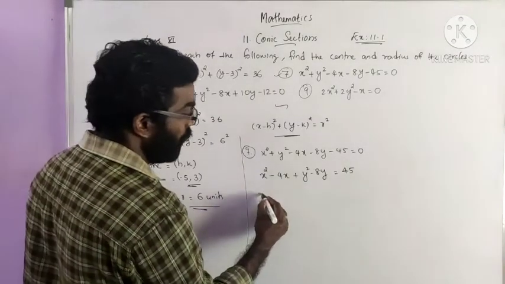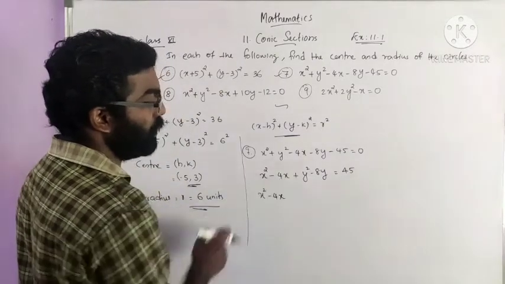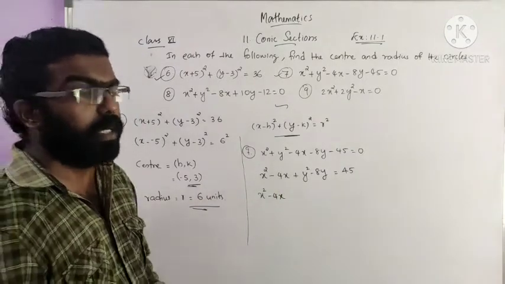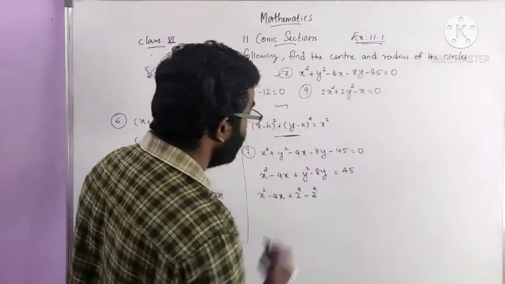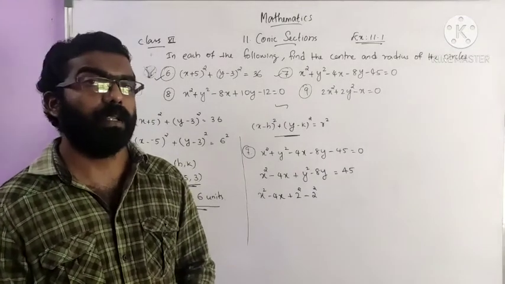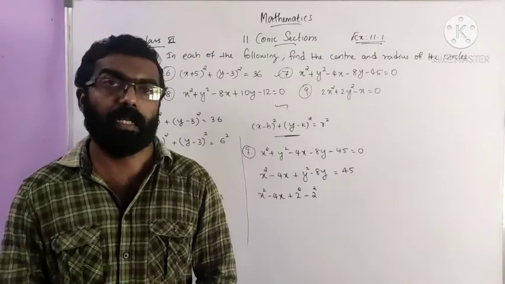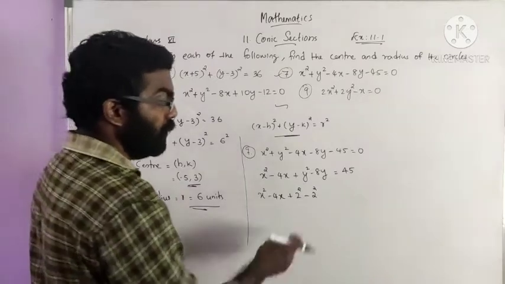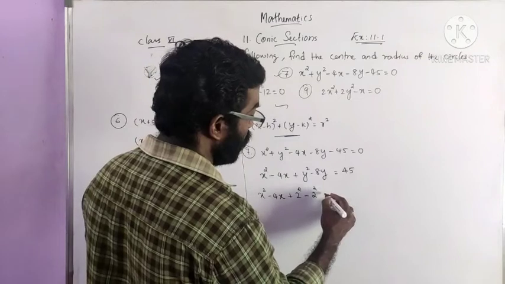Okay, so x square minus 4x, take the half of coefficient of x. Here coefficient of x is 4 and half of 4 is 2. And we can add 2 square and minus 2 square. Add and subtract half into coefficient of x the whole square. That we have learned in square completion method, method of completing the square in 10th standard quadratic equation chapter. Okay. So 2 square then minus 2 square. In order to balance we subtract 2 square also.